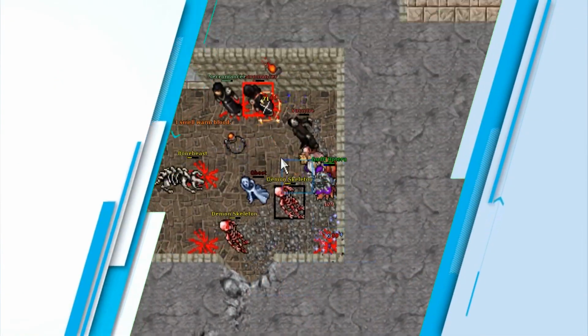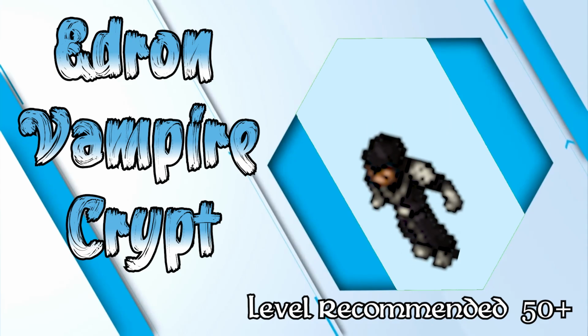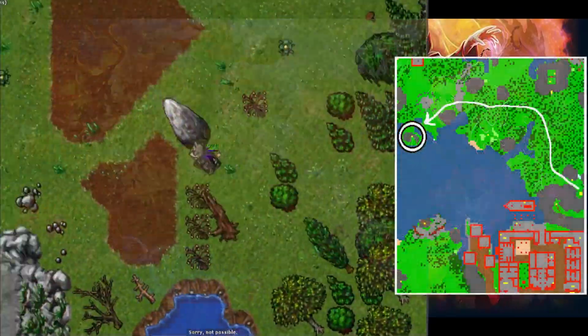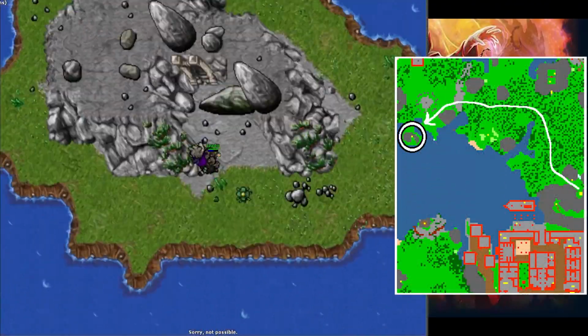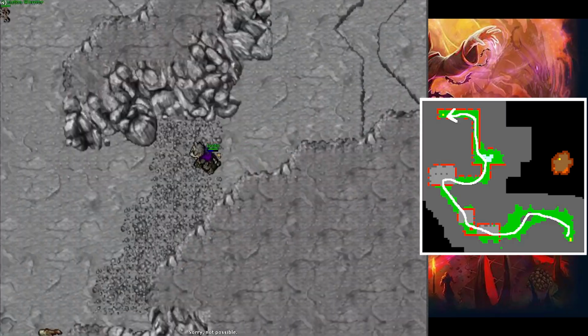Vampires and undead tend to be the best creatures for Paladin, and on this spawn there is both of them. This is the Edron Vampire Crypt. This spawn is located to the northwest of Edron, near the Dragon Lair. It doesn't require access, and although the cave is quite small, it does have good enough respawn rate to hunt